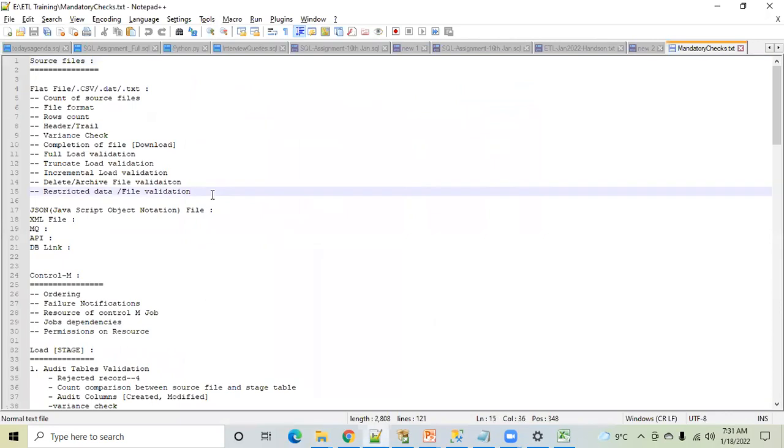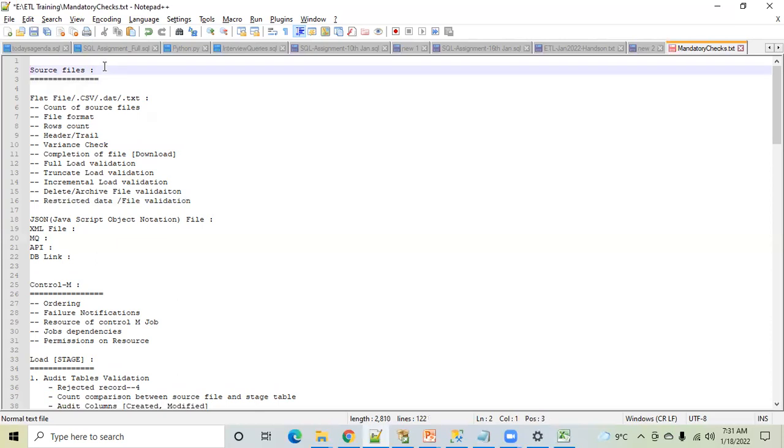Now concentrate on this. Hope my screen is visible and you can see this file. Shall I zoom it or is it visible? Hello, is it visible? Yes, sir. Good. Okay, fine.